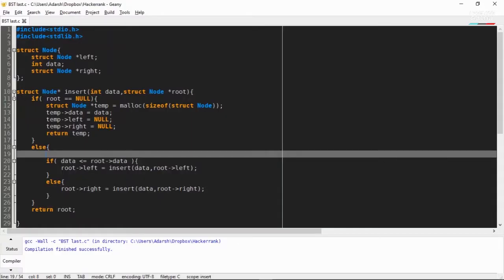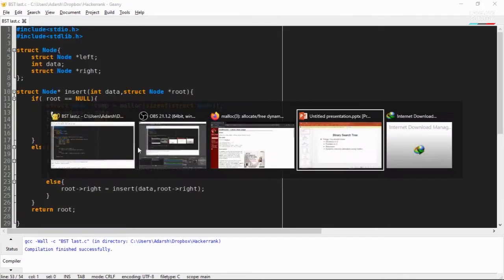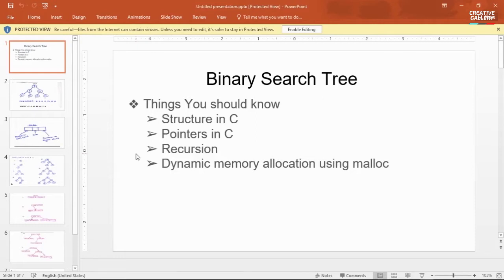So in this video, I'm going to explain how to implement binary search tree in C program. This is the program for implementing this binary search tree. Before jumping into this video, these are some things you should know to understand the binary search tree program